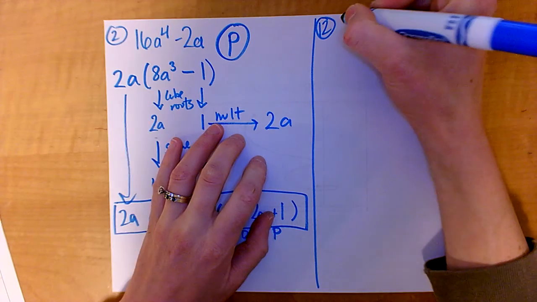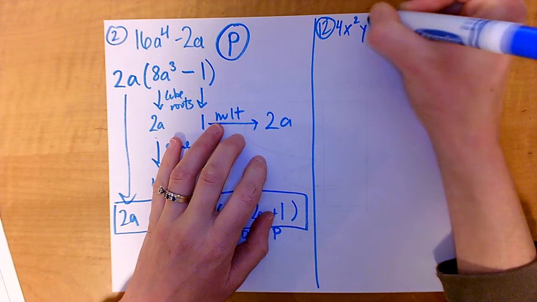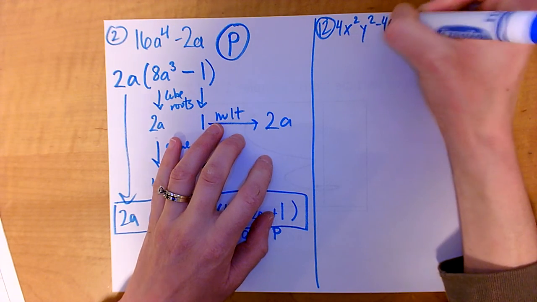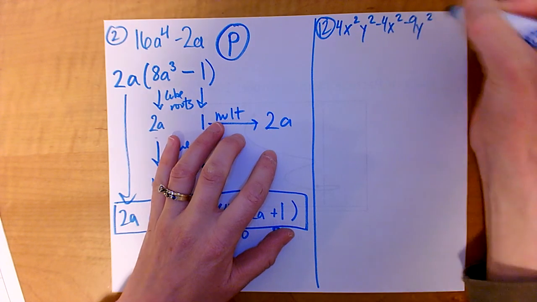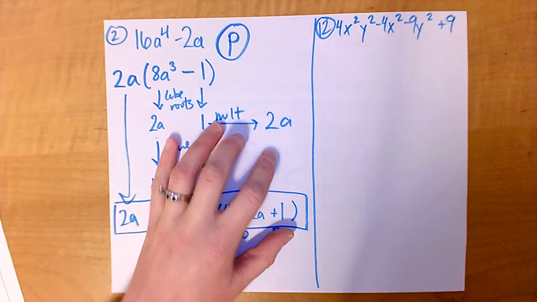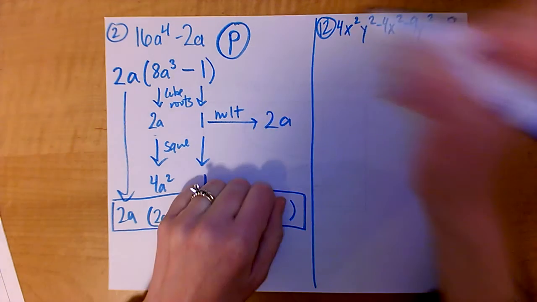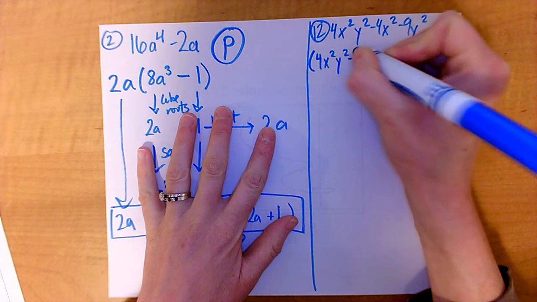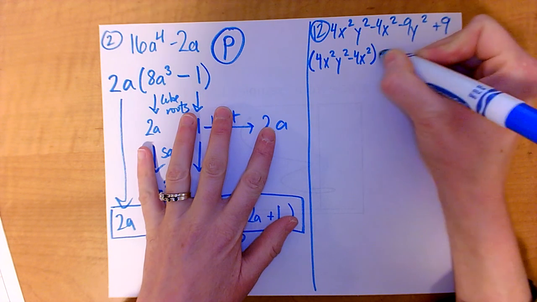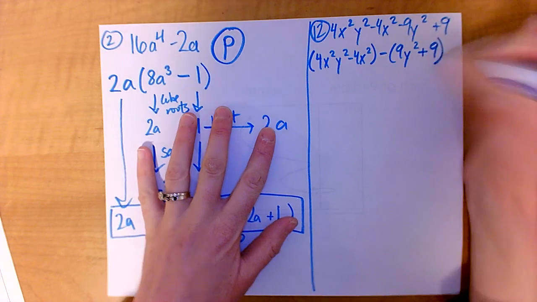So for 12, we have 4x squared y squared minus 4x squared minus 9y squared plus 9. So 4 terms in here, so this is going to be grouping. So we can go ahead and throw in our own parentheses. So I'll have parentheses around the first 2 terms, and then I'll have parentheses around the last 2